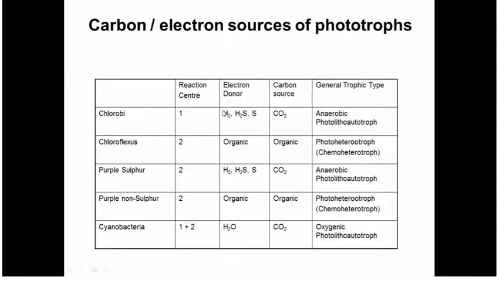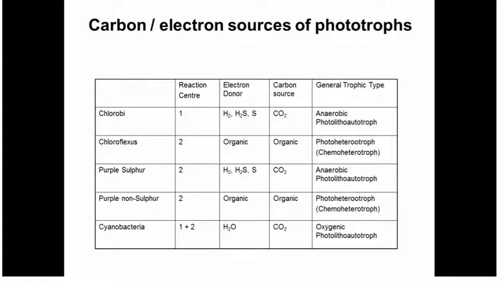The electron donor is reduced sulfur compounds. Carbon source is CO2, so they're anaerobic photolithotrophy. Purple non-sulfur bacteria. Actually, they're basically chemoheterotrophs. Now, many purple non-sulfur bacteria can grow pretty well in a rich medium in the